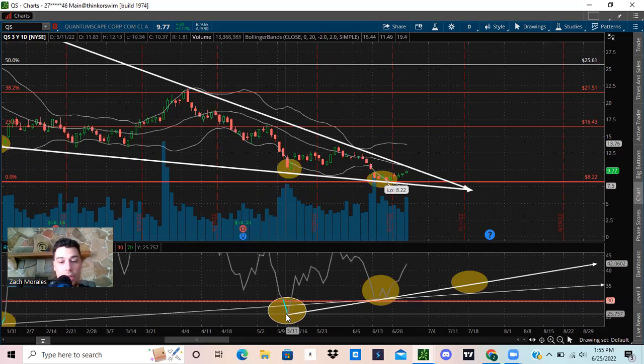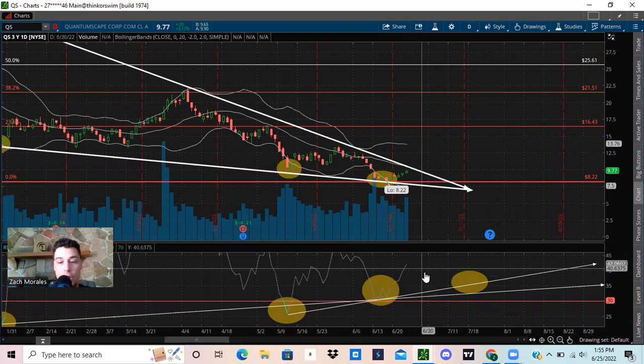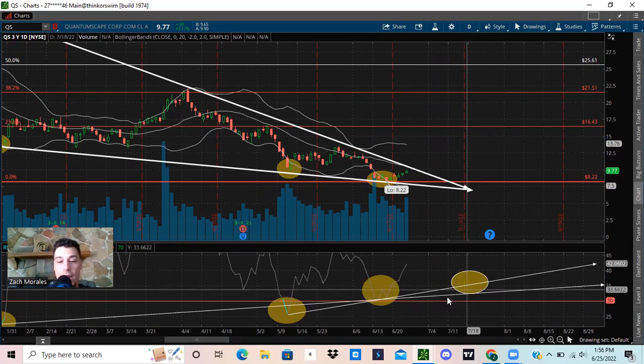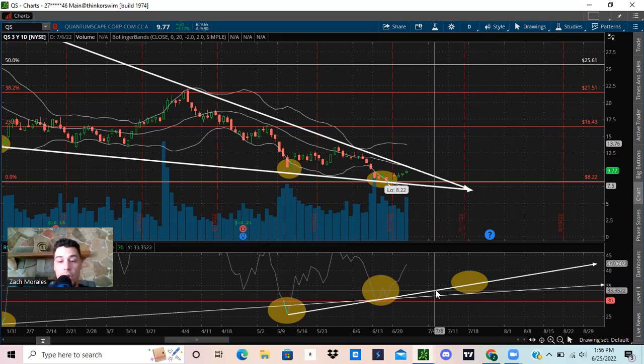All right. And you can see that this trend line is a little bit sharper. And you can look to see if we're going to come back down and maybe bounce along this top trend line. So those are two areas where I would look for a re-entry on a potential swing trade, right? And if we break this support again, you can cut your stop loss or have your stop loss on,